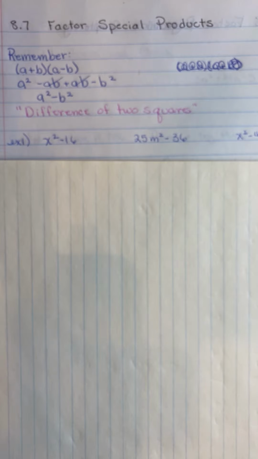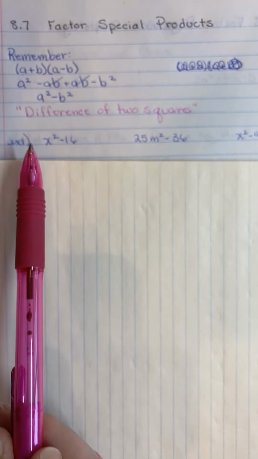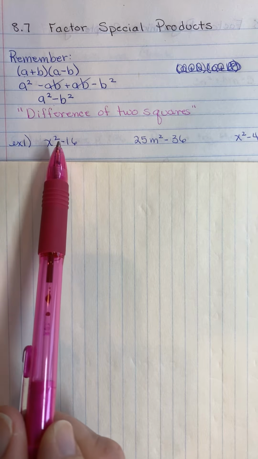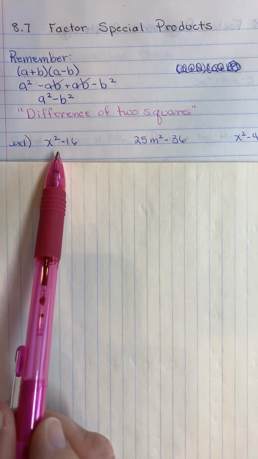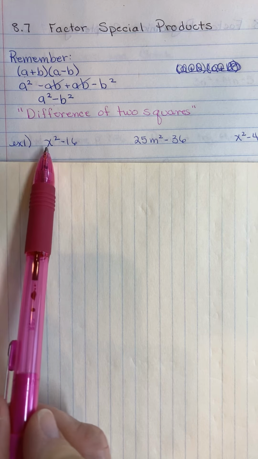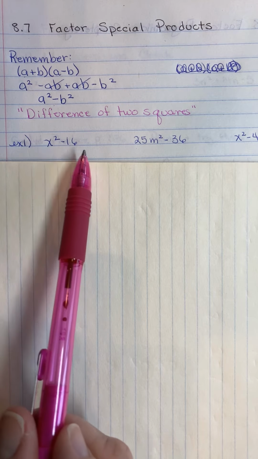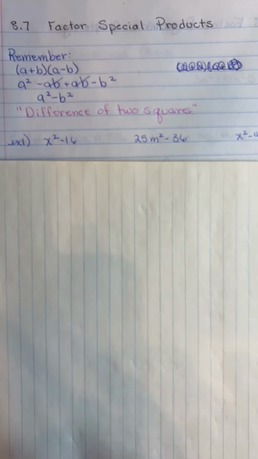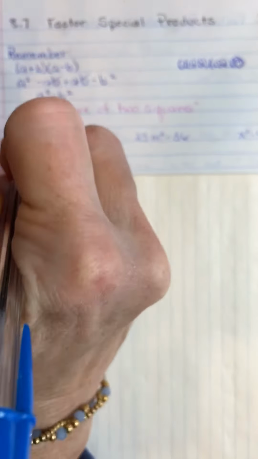The first example is x squared minus 16. Okay, let's see, do we have it? Do we have a binomial? Yep. Do we have a subtraction sign or a negative in the middle? Yep. Is x squared a perfect square? Yep. 16? Yep. So the way that we're going to factor this